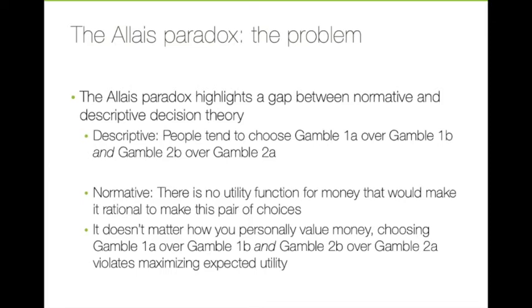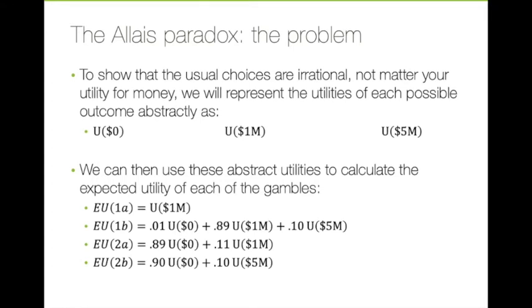There's no utility function for money that would make it rational to make this pair of choices, 1A in the first decision and 2B in the second. It doesn't matter how you personally value money, choosing gamble 1A over 1B and 2B over 2A violates our rule of maximizing expected utility. That might not be obvious, so to show in detail that these choices are irrational and